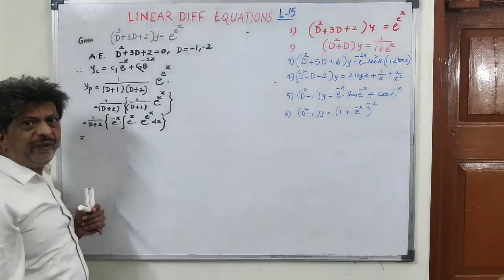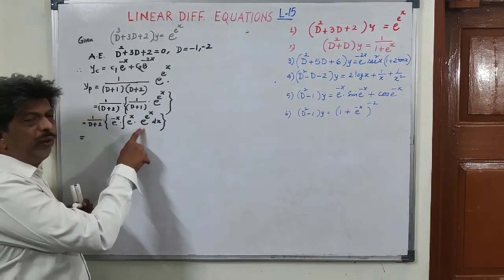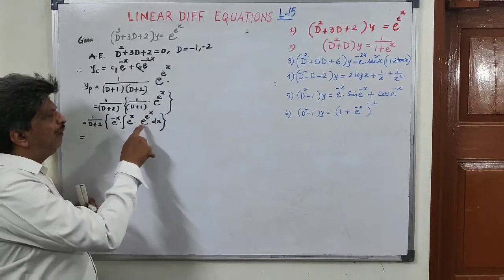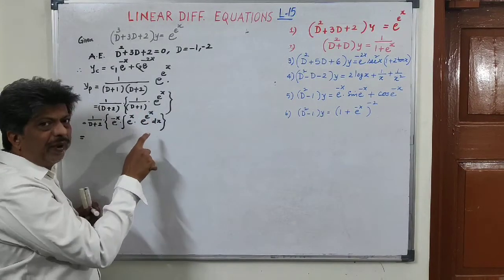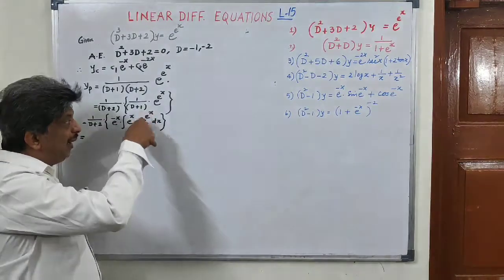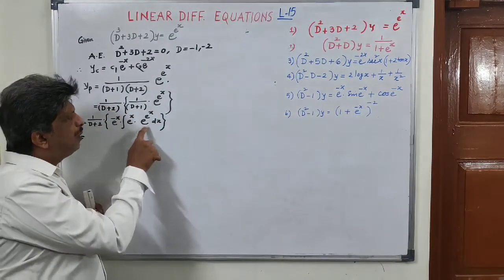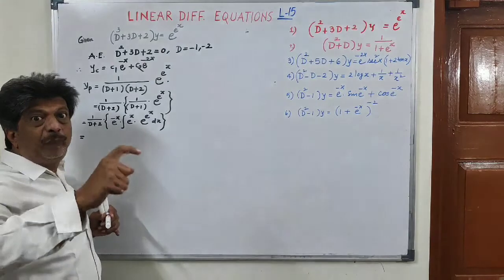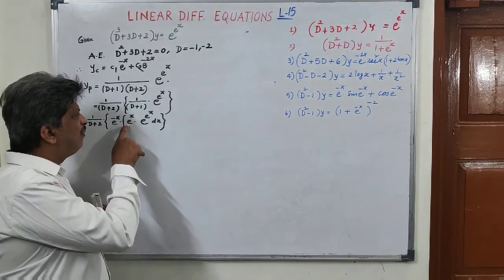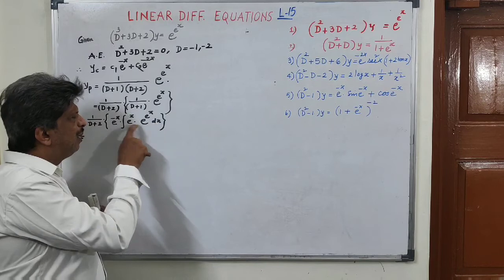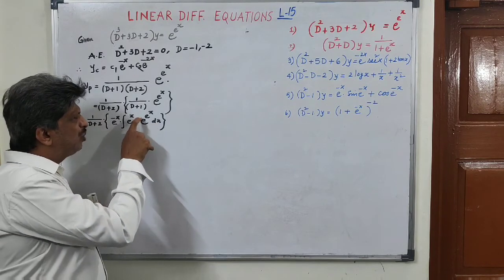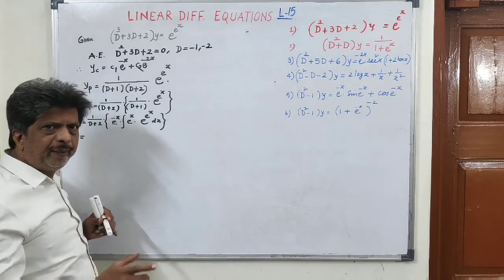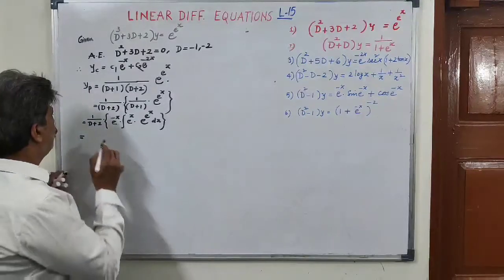That is further equal to, this is very simple to integrate: the integral of e raised to power x into e raised to power e^x. If I put this power of the exponential, e raised to power x equal to t, this becomes e raised to power t. Now e raised to power x is t, so e raised to power x dx is dt. So the integral is e raised to power t dt. The integral of e raised to power t is e raised to power t, but t is e raised to power x.